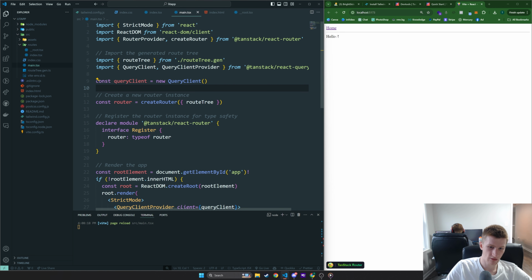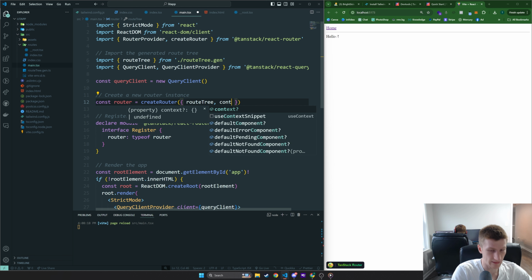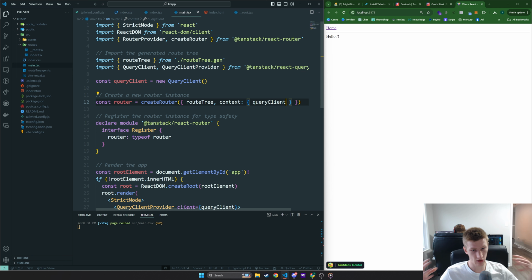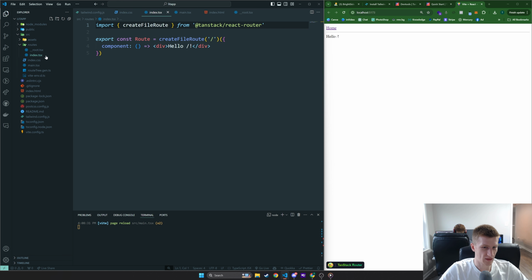Now the last thing we can do, which is really cool, is since the router and the query is created by the same guy, he was smart and allowed us to pass this context through, which allows us to have the query client within the router. So that will allow us to do some really cool things where we can use our query in the router. So for example, before the page even loads, we can already have the data. So I'll be getting into that shortly, but now we have completely set up our app with Tailwind, with React Router, and